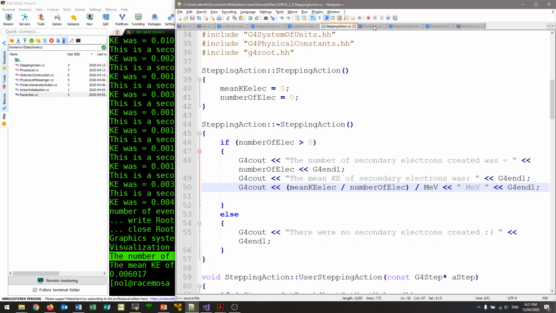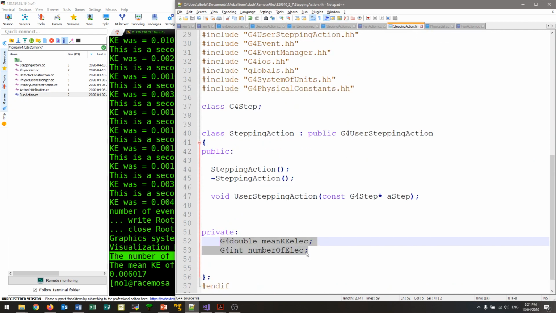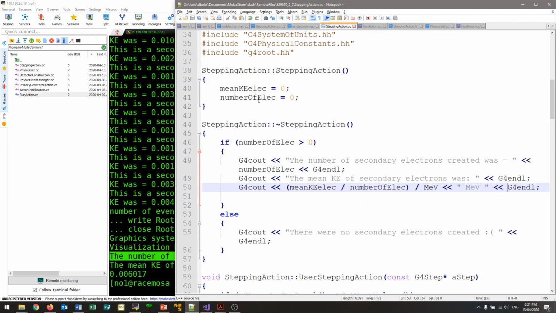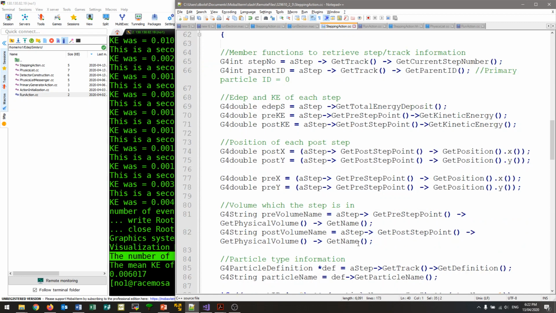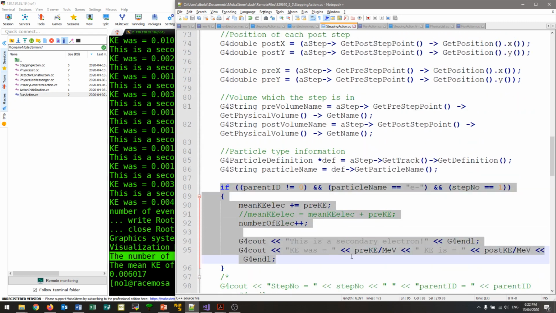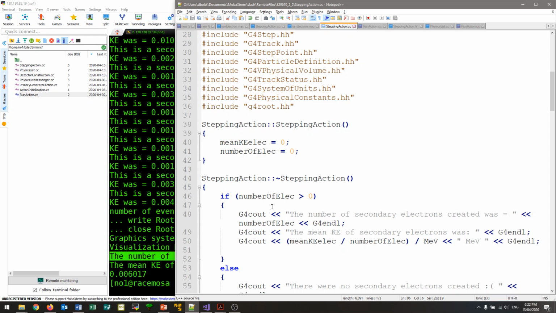We created a variable first in the stepping action header, and then we initialized it in the constructor where the stepping action is created. Then during each step, so every time a particle is updated on the track, we called this if statement to decide whether the particle was a secondary electron, and if it was, for the very first step, we would get its pre-kinetic energy, and using that we were able to get the mean. So that was all well and good, but if we wanted to